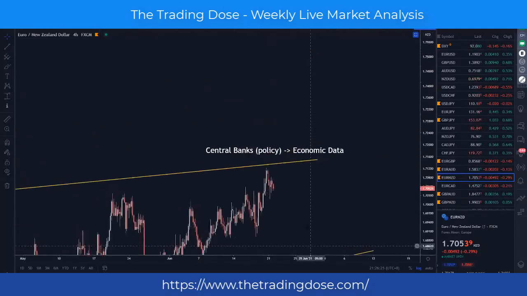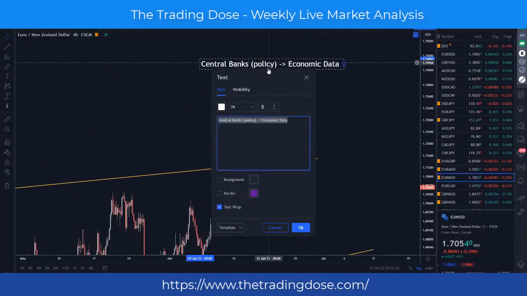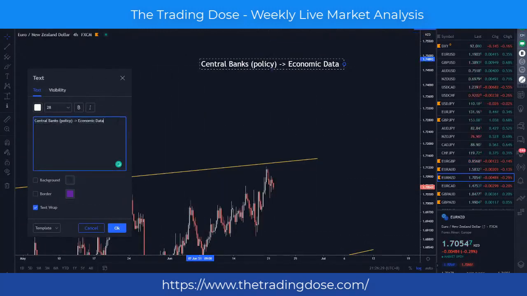Some of the common and popular ones are NFP, non-farm payroll, CPI, consumer price index, employment data, labor data, right? Those are all economic data. There's a lot of them, but at least know a few that are important. Those are important data that the central bank tracks as well, because understanding how the economy is developing through this data, you're able to project what the central bank would do next.